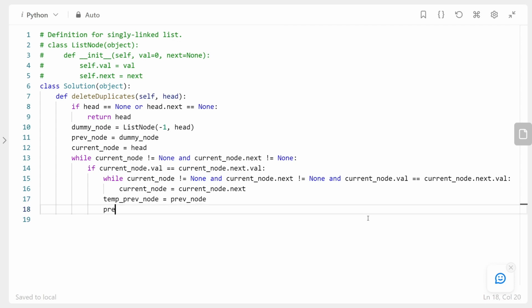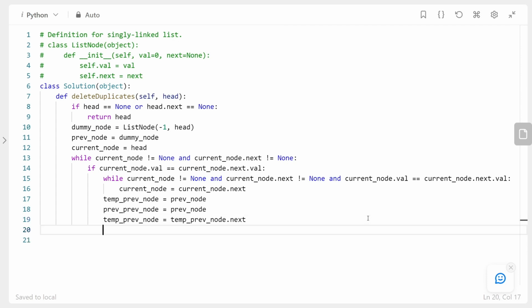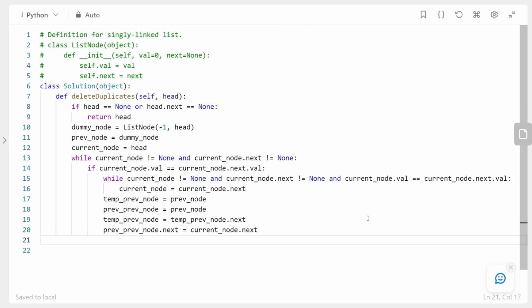And then the previous node is going to equal the previous node. And then the temp previous node will equal the temp previous node.next, and the previous node.next will equal the current node.next,